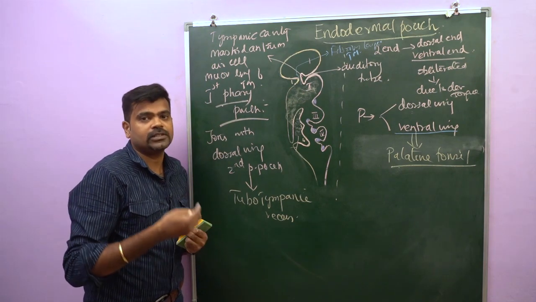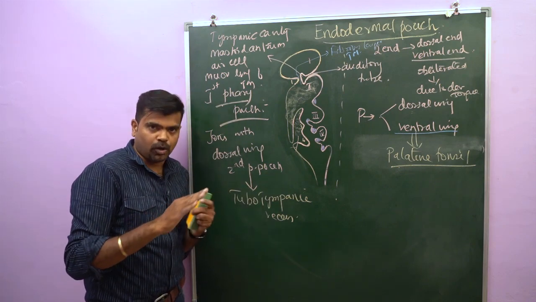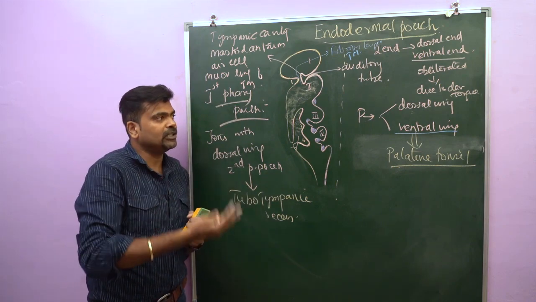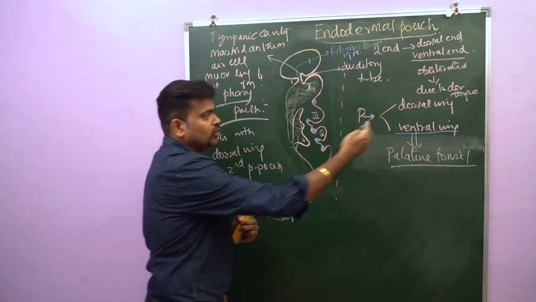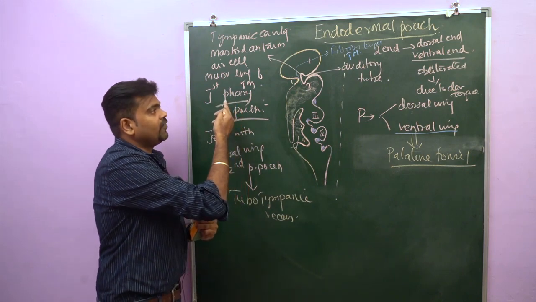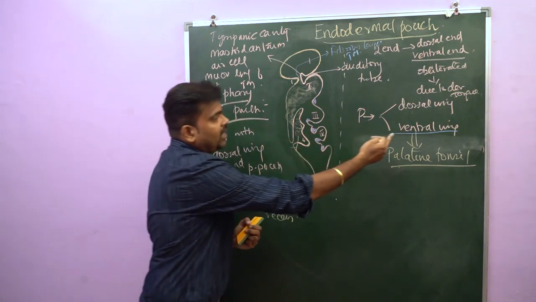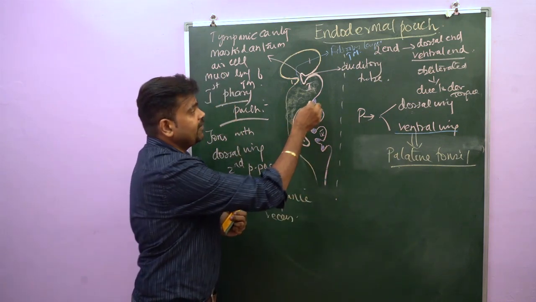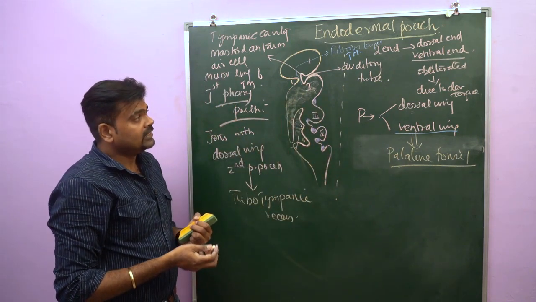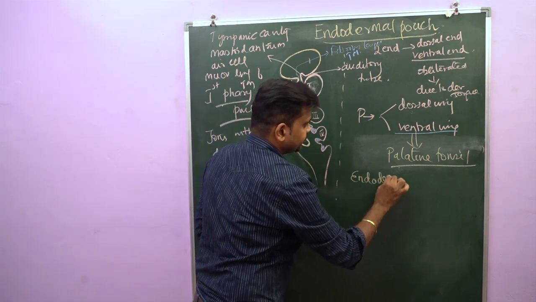Next we'll go for the second pharyngeal pouch derivatives. The second pharyngeal pouch consists of 2 ends, the ventral end and the dorsal end. The ventral end is obliterated by the developing tongue. And what about the dorsal end? The dorsal end divides into a dorsal wing and a ventral wing. The dorsal wing joins with the first pharyngeal pouch and is involved in the formation of the tubotympanic recess. The ventral wing of the second pharyngeal pouch gives rise to the tonsil. This tonsil is nothing but endodermal cell proliferation.